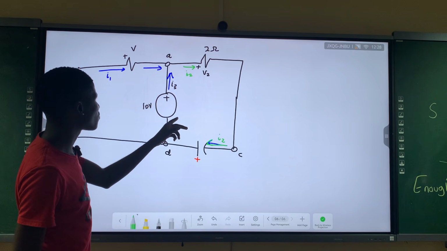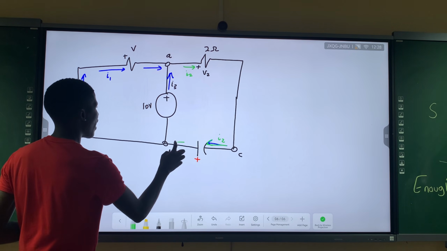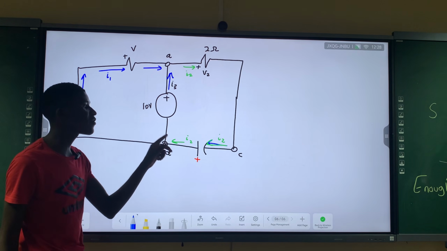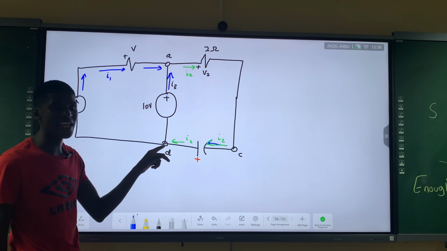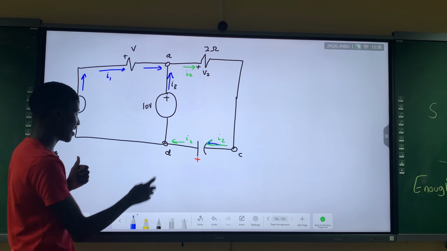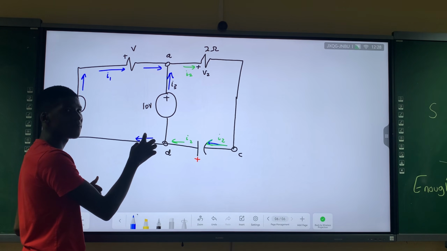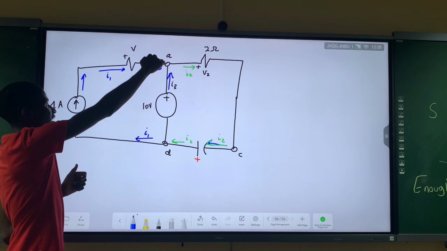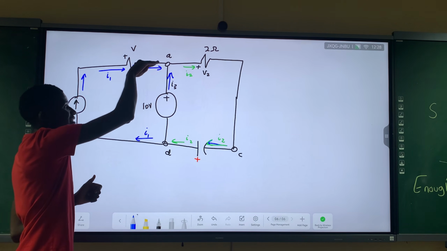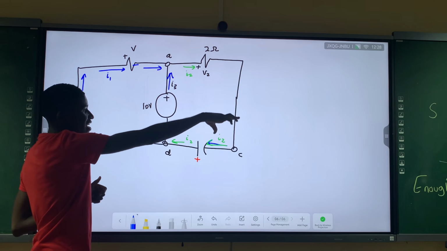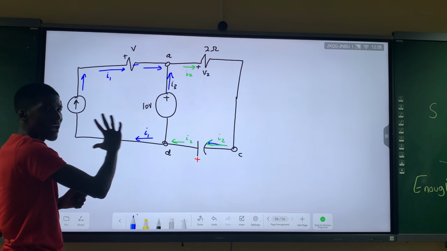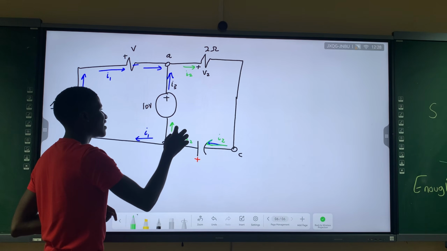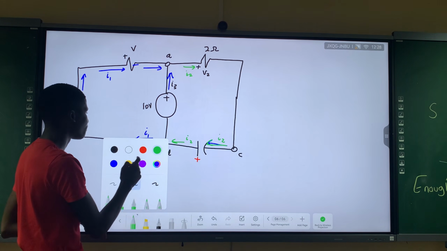Oh yeah, here is I2, we see I2. But when your I2 arrives, since it is the total current, it will split because there is a node here. One part will continue going there. The one that goes this way, what is its name? It is I1. Because initially the part here was I1, then it combined with the other one, and then it separates again. So I1 goes back to where it came from. And then I3 goes back there as well.